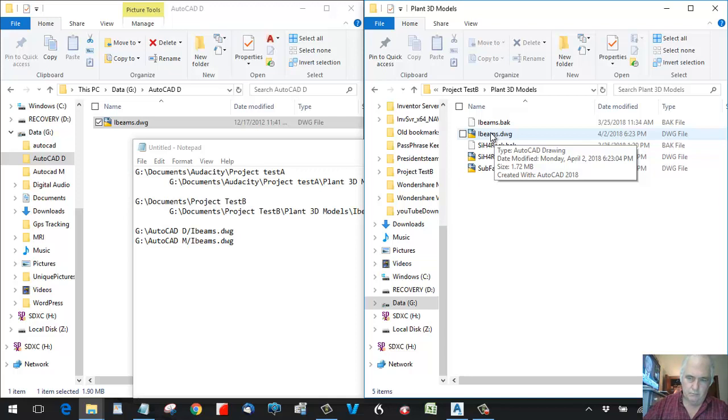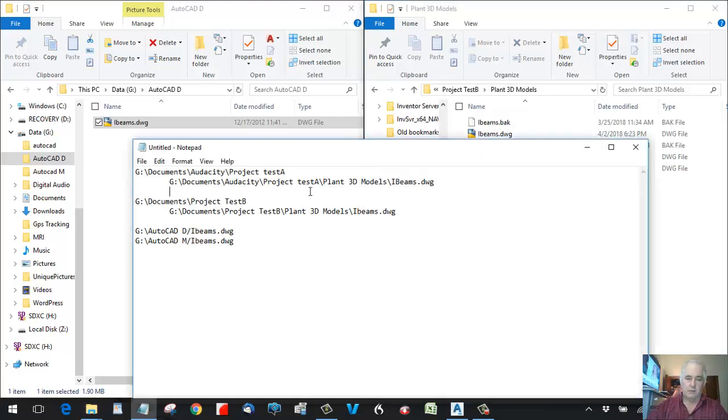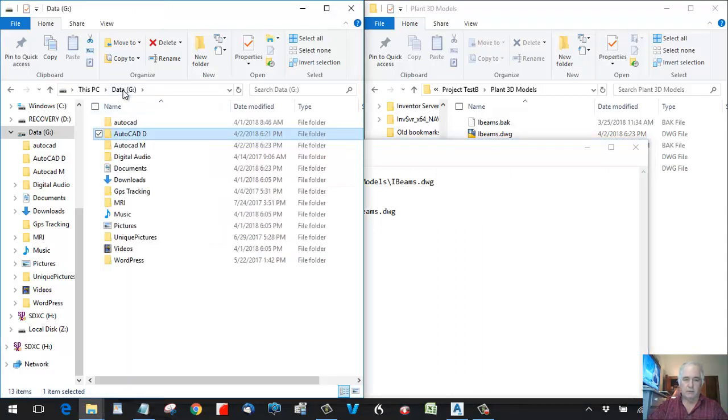So when you load or copy a file, that doesn't necessarily hook it to there, because these files are kept somewhere else. In this case, they're kept in Documents,